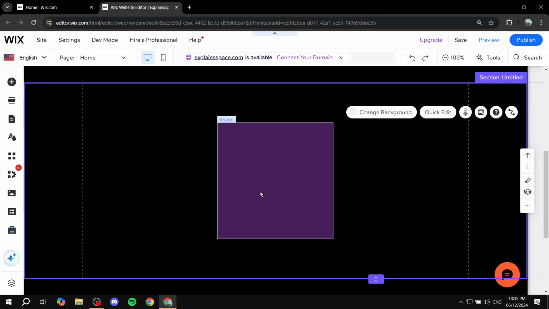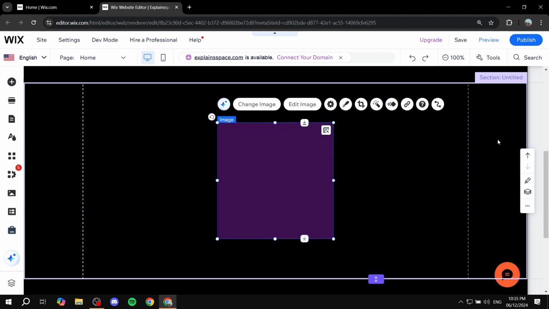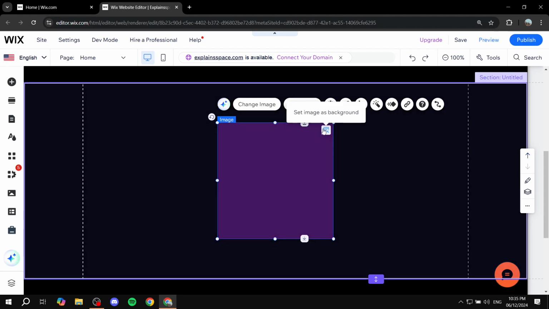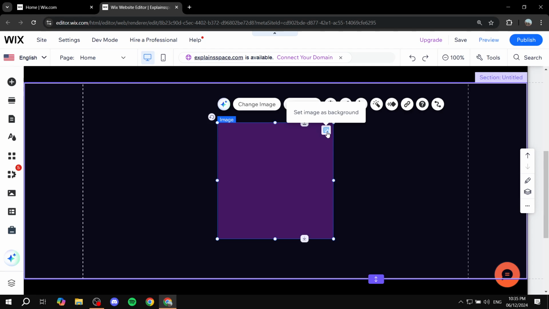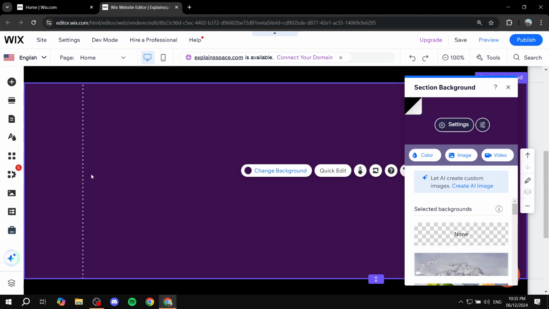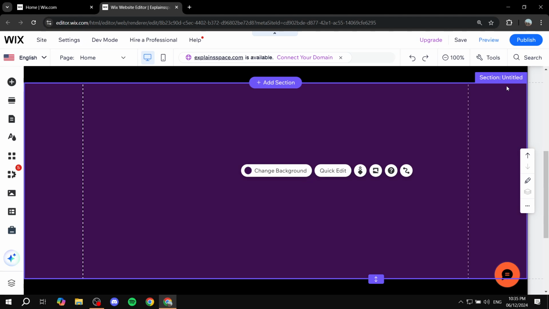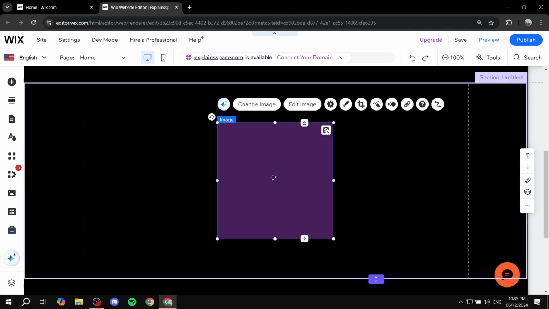So one way, this is not the method that I was just talking about a second ago, by the way. This is just an extra, is that you can actually resize it to be the background. If that's your need, you should find on the top right corner of the image, set image as background. If you see that, you can just go and click on it. It's actually going to take the entire background and fill it up. If not, then you can just go and revert back, and we can talk about the first method,